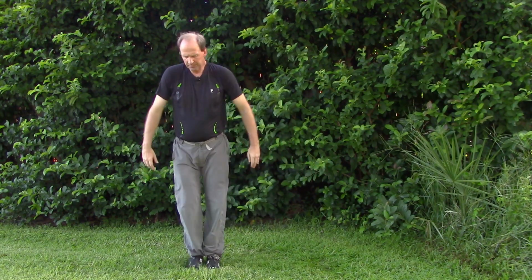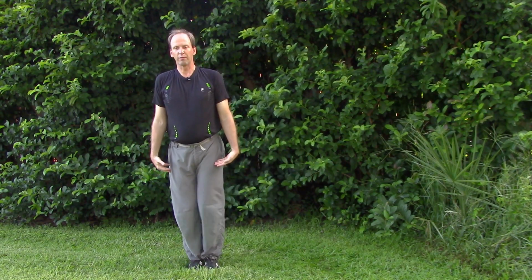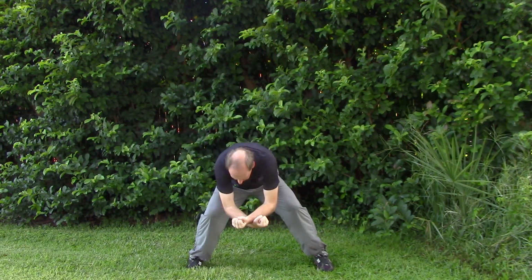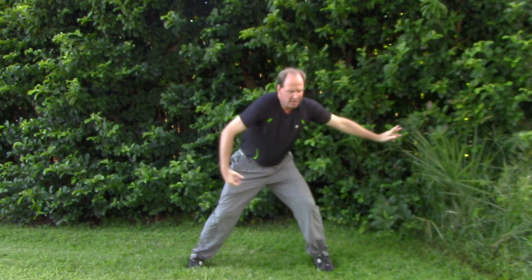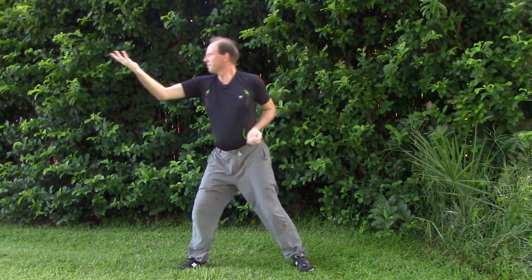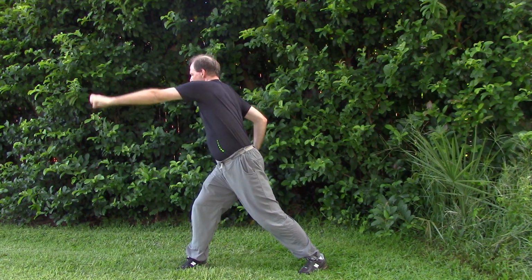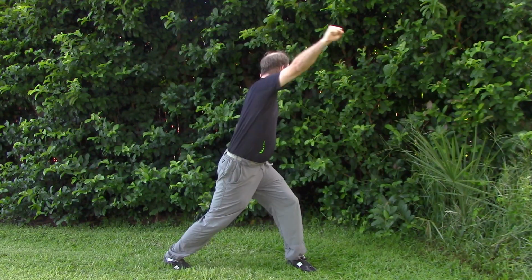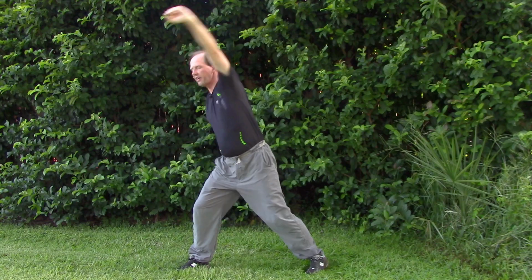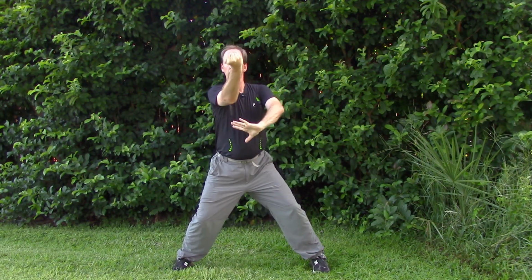So back to the very beginning. Start off with the horse stance. Round the spine, make the body into a ball, followed by the punching side to side, followed by the twisting side by side, followed by the horse stance punch, elbow, attack position, other side,